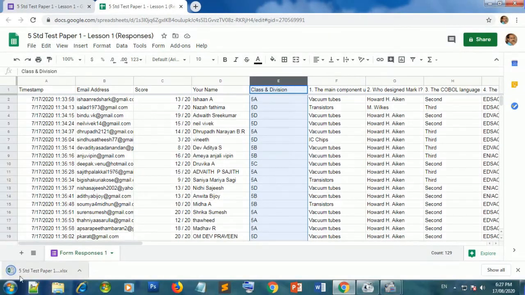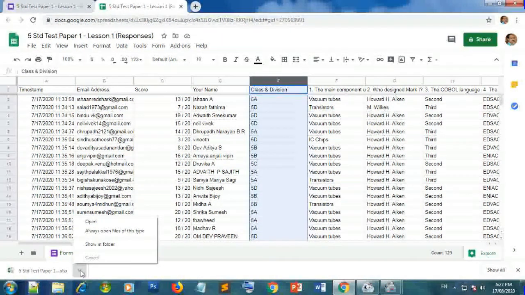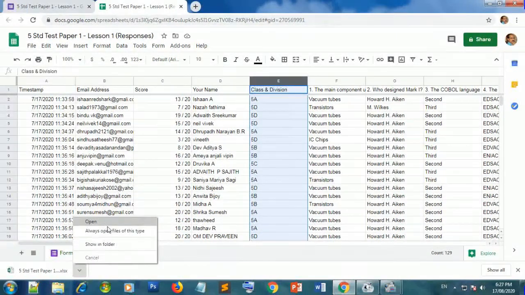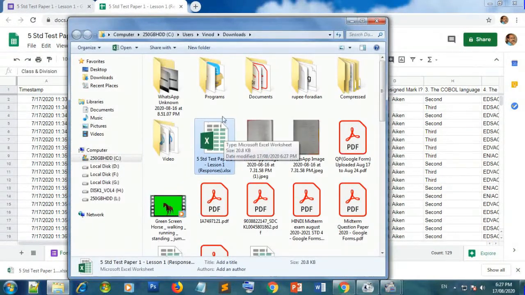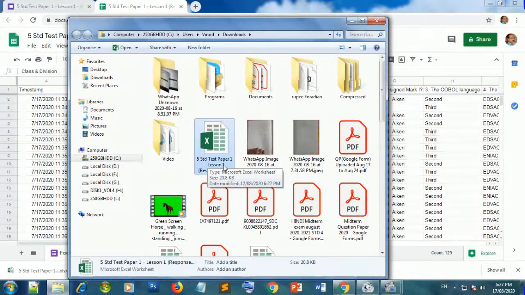After downloading finishes, click on this up arrow button. Then you can see a few options. From there you choose show in folder. This is the file downloaded. 5th standard test paper 1 lesson 1, this is the title given for the question paper, so this will be displayed.